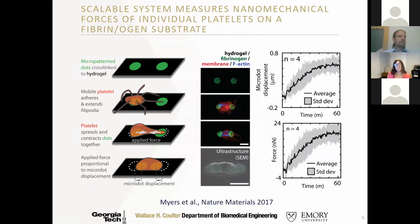Now, many of you know that I have been working for a number of years with Wilbur on understanding the platelets. We knew a lot less about platelets when I started my postdoc. And especially, we didn't know much about the forces that individual platelets could apply because we didn't have the right tools. So Wilbur and I worked together and we made this really amazing system that we're both quite proud of,